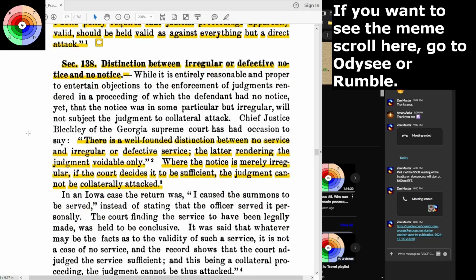So anyway, to continue. Section 138, distinction between irregular or defective notice and no notice. There is a well-founded distinction between no service and irregular or defective service, the latter rendering the judgment voidable only. And where the notice is merely irregular, if the court decides it to be sufficient, the judgment cannot be collaterally attacked. So, okay, between no service and irregular or defective service, if you've never been served, obviously the court doesn't have jurisdiction. But if they try and move forward and do it anyway, that's something that you can attack